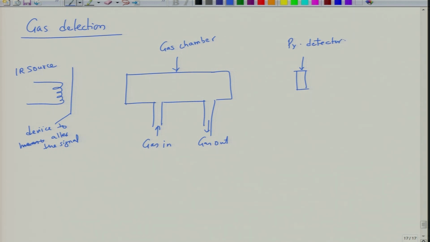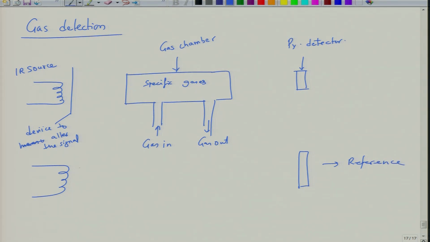Okay. And basically what happens here is you have a particular gas, let us say specific gases which absorb a specific kind of radiation. So here we are talking about the IR. What you do is that you first create an IR source directly to a pyroelectric. So this becomes your reference, right. There is nothing in between.